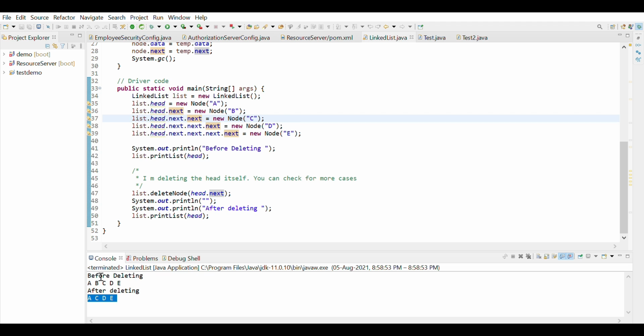So this actually, what we do is, we do not delete this B, we actually copy the value that is there in the next node, that is C, to this, and the reference C is actually referring to D. So we copy this reference to the reference position of B. So B starts to point to C, and this C becomes dereferenced and eligible for garbage collection. So this is how we are doing it, and this is the approach we are using to solve this problem.